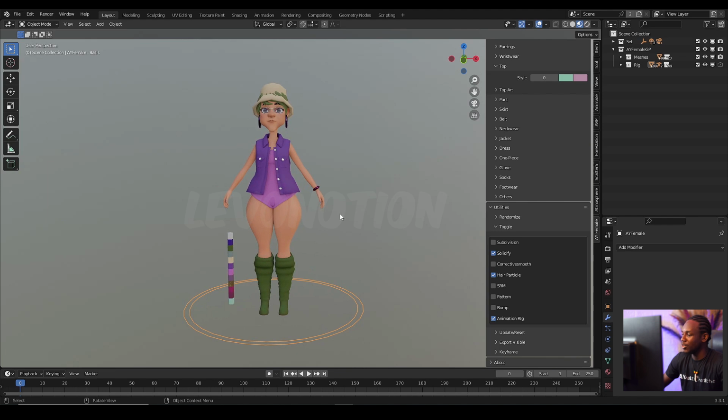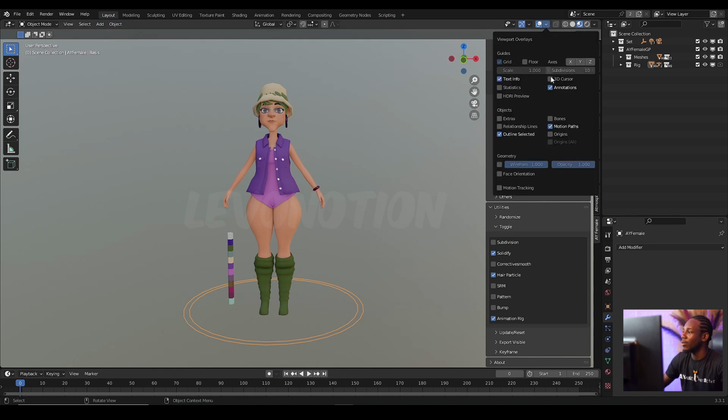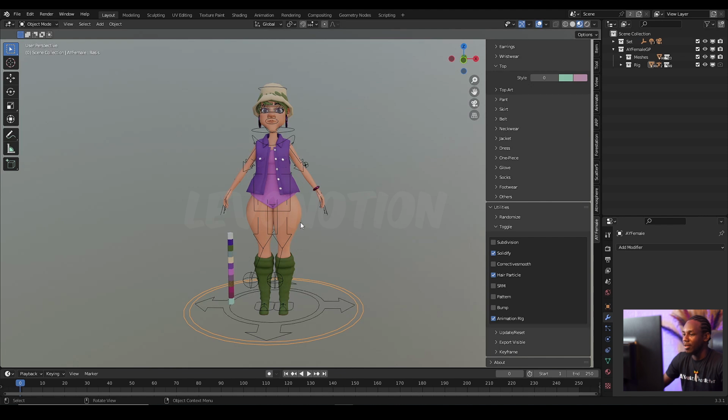And then if you want to make sure your rig is shown, is visible in the layout, all you need to do is just come here and check bones. So once bones is checked, you can easily see when your animation rig is visible or not. So I'm just going to turn this off and you can see, toggle it off and on. So when you want to animate or pose your character, you can easily do that instead of going to hide the rig from the scene collections here.